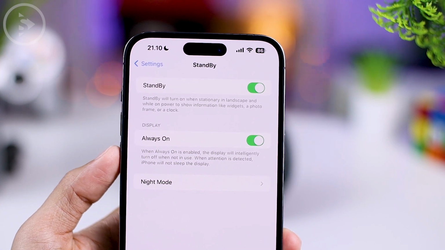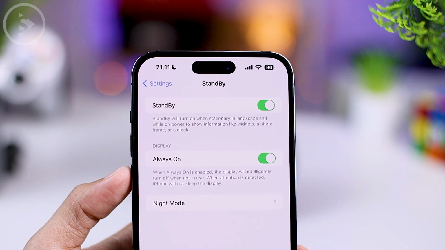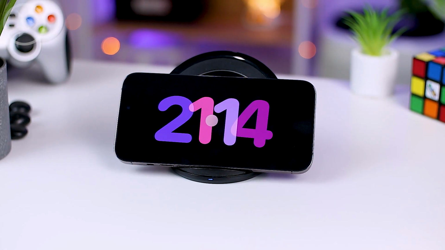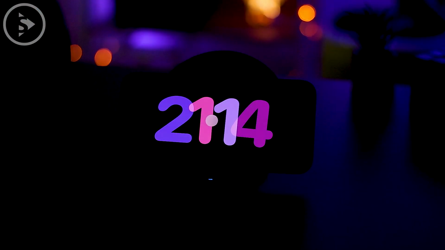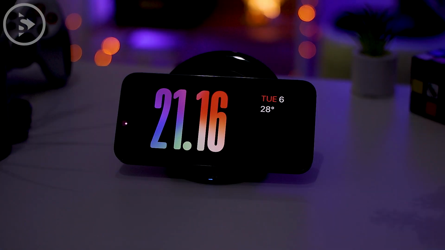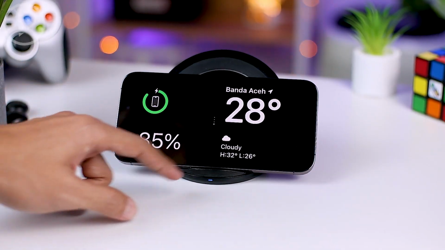Then there is also a very interesting setting in this standby mode called the night mode setting. This setting will be automatically active by default, and the function of this night mode feature is to change the appearance of the standby mode to change the font color to red when the room environment is dark. The goal here, of course, is to make the iPhone screen not shine too bright when the room condition has turned dark because the lights have been turned off. For the night mode display with a red font, this will be automatically activated on various clock phases in this standby mode.